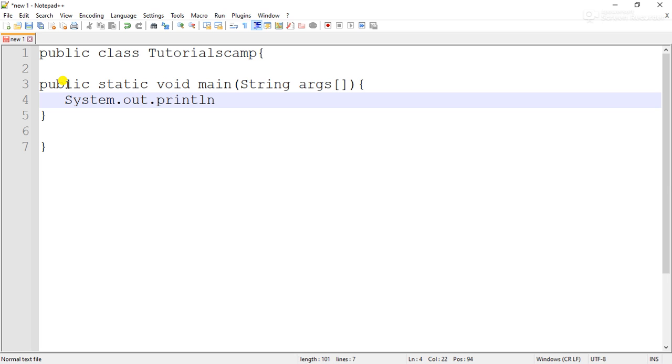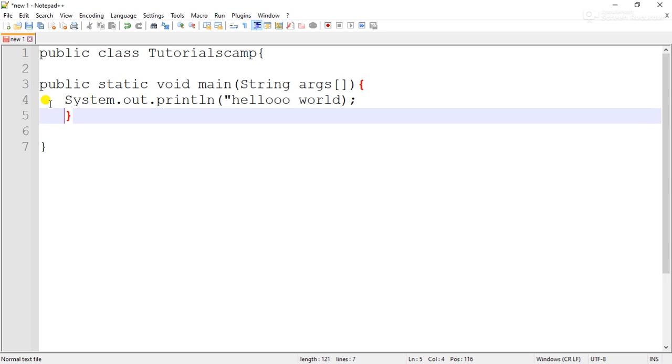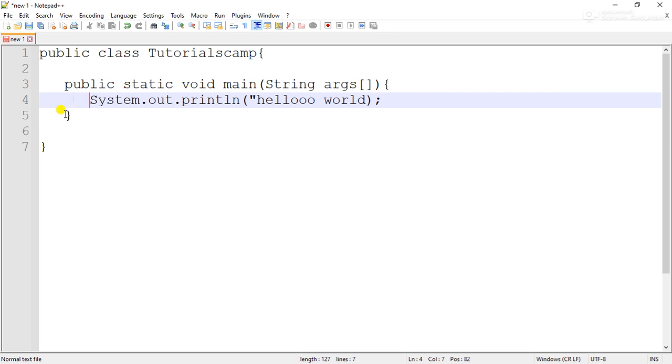System.out.println. Don't worry, I will explain what these are. Don't worry about what I'm doing, I'll explain everything to you. So now we have gotten our hello, our tutorialscamp application here, right? Remember, once our file contains a public class, we should name this file the name of the class, tutorialscamp, right? So let's save this file as